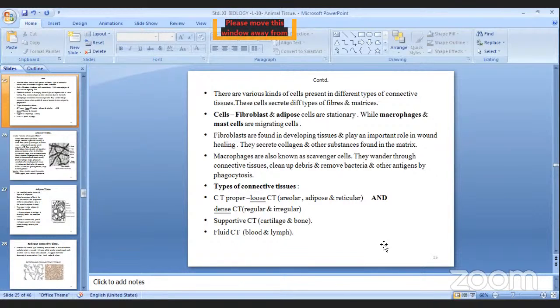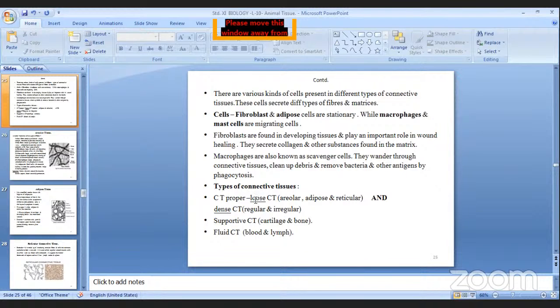They secrete collagen and other substances found in the matrix. So that was the function of fibroblast. Okay, then macrophages, as the name suggests, are phagocytic in nature, and they work as scavengers. That means they wander through connective tissue, clean up the debris and remove the bacteria and other antigens by phagocytosis